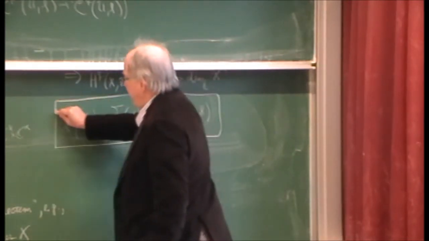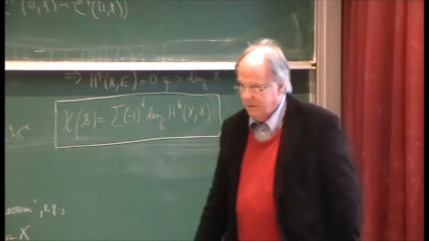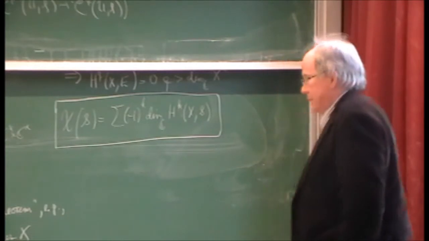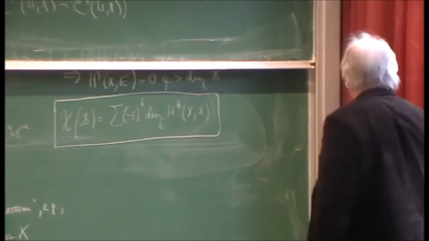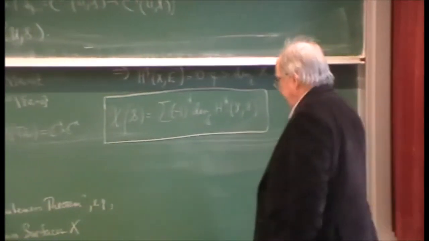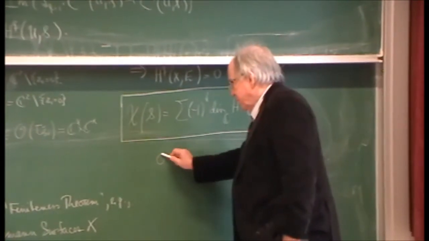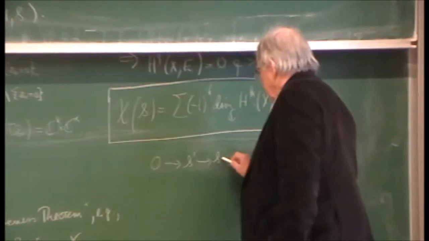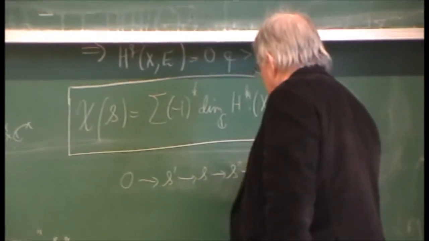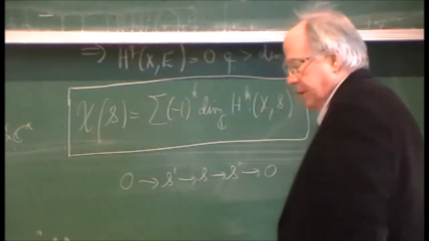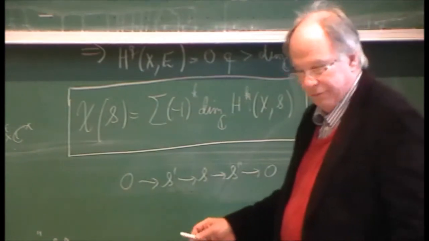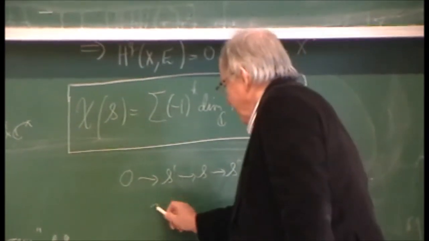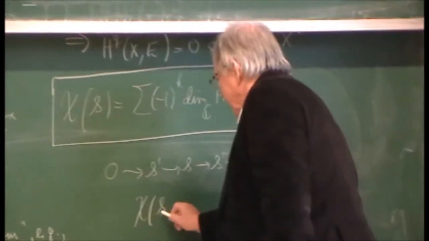So this is an invariant of great relevance of the sheaf, namely the alternating sum of the dimensions of the cohomology. And now the fundamental point is that you can check again before breakfast without logging on to the internet and looking it up in Wikipedia. You can check it yourself that the Euler characteristic given this